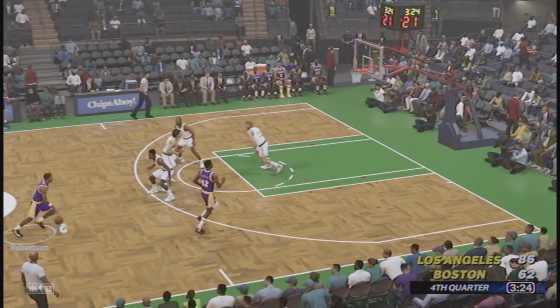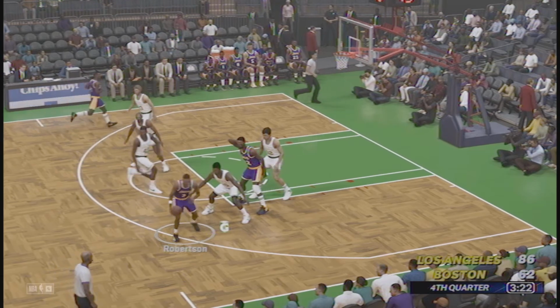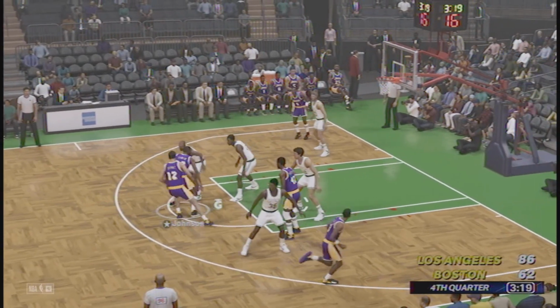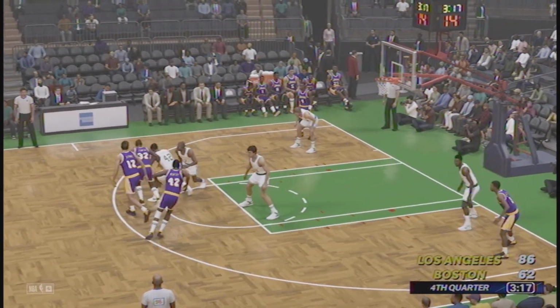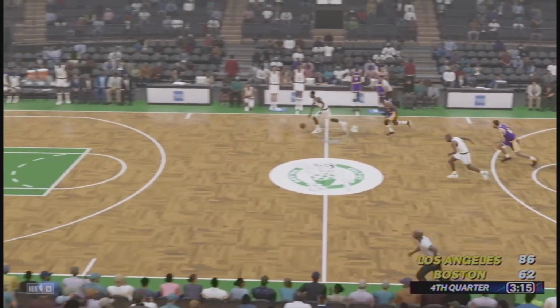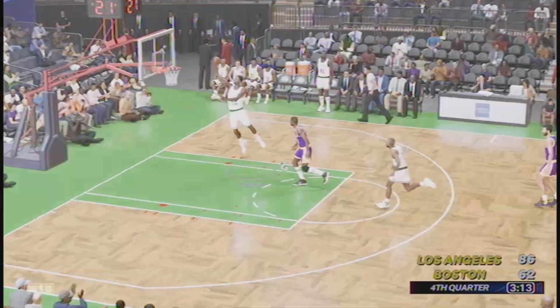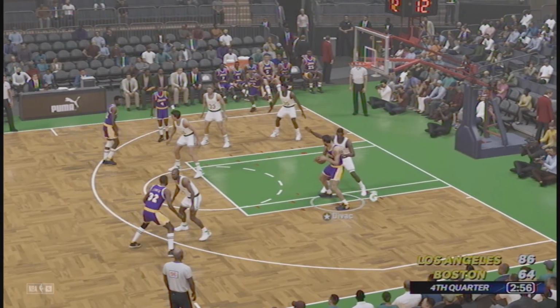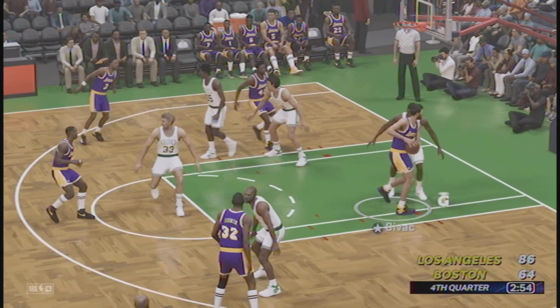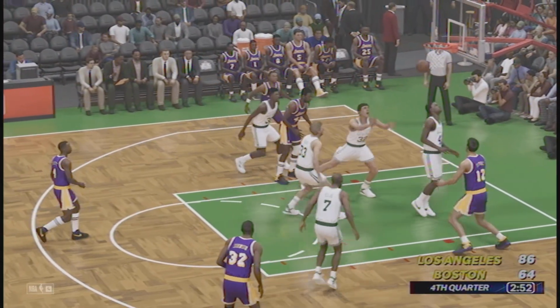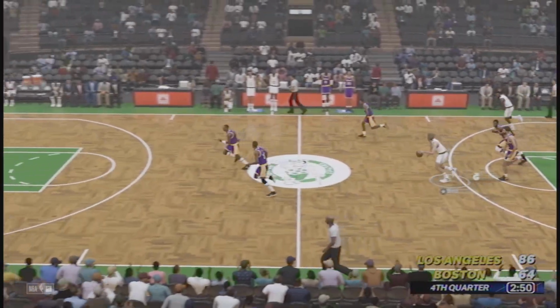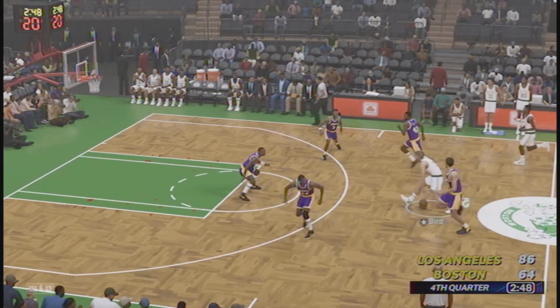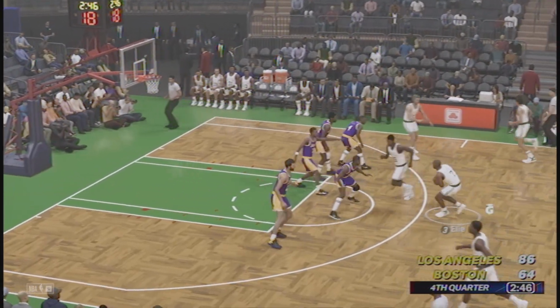Here's a Celtics bucket in transition, so 86-62, and I think Bird had the pass there, the assist. 3:17 left to go. Here's a steal by Tarpley. Tarpley with the layup there. 22-point game. I mean, they don't have a chance to win it, but you appreciate the effort nonetheless. McHale with a rebound there. Likely his final game as a Celtic as well. We'll get into that during the offseason.